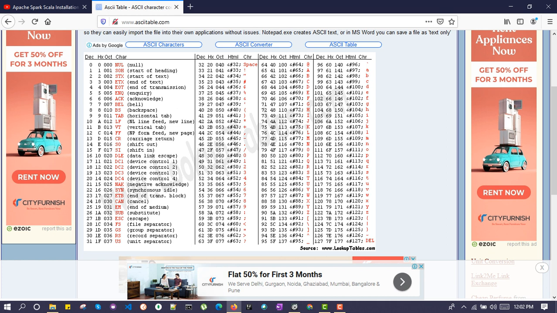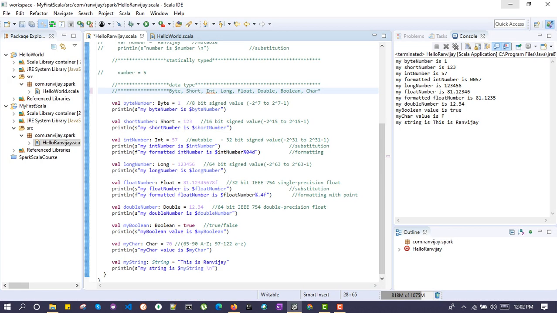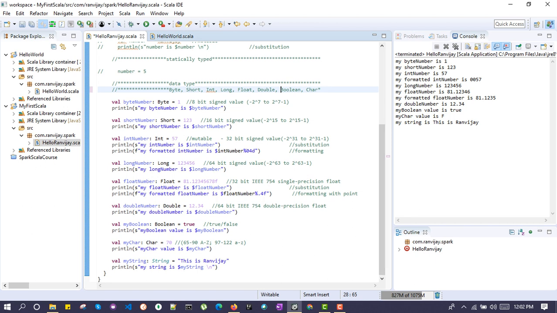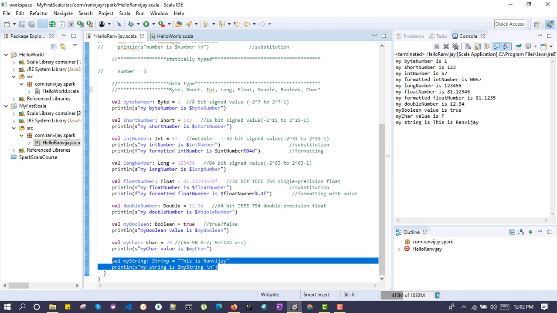Based upon your requirement, just refer to the table and you will be able to proceed further. The next data type we have covered is the string. A string is a bunch of characters grouped together. In this example we have given this is Ranvijay. It contains all the characters which have been provided in the ASCII table.